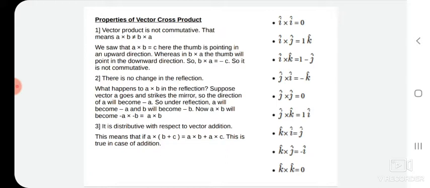If we take the cross product in the clockwise direction, I cross J becomes K. If we take the anti-clockwise direction, I cross K becomes minus J. Like that, J cross I gives minus K. J cross K is I, K cross I is J, and K cross J is equal to minus I. These are some important properties and formulas, useful to solve numericals.